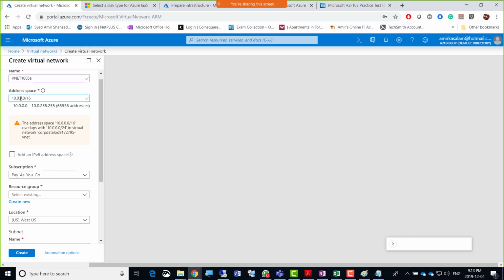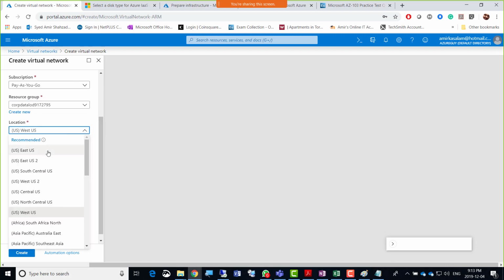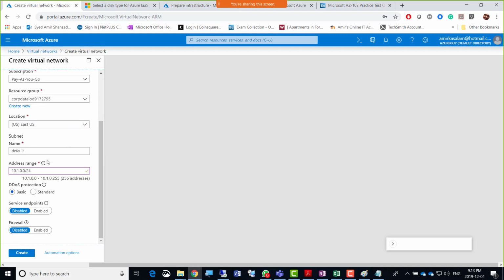So no worries, guys. You can just go for 10.1.0.0, 10.2.0.0, 10.3.0.0 as I'm going to. Otherwise, in your case, you can go for 10.0.0.0, 1.0.0, and 2.0.0. It's up to you, right? So 10.1.0.0, because 0.0 is not available for me. And then pay as you go. Select the resource group. I'll just go for carb data here. Two resource groups I need to delete, and then I'll stick to East US, and the default subnet is there, which is okay. Distributed denial of service protection is there. 10.1.0.0/24 is the subnet. So pretty much not a lot there. I'm going to click the create button.